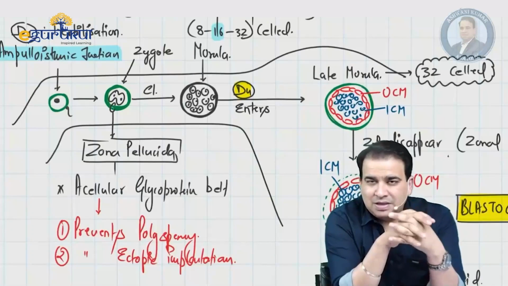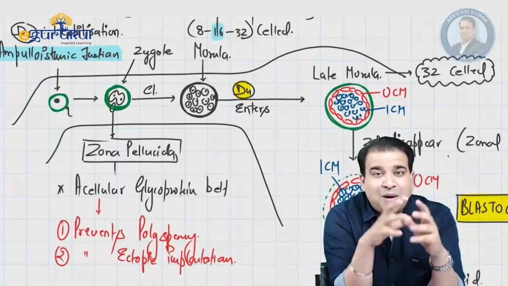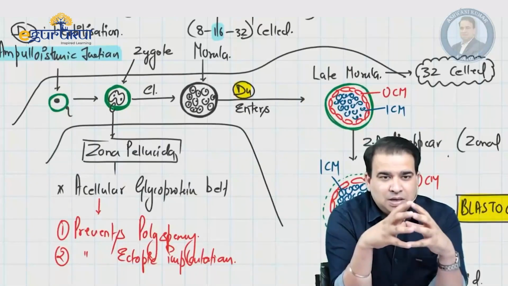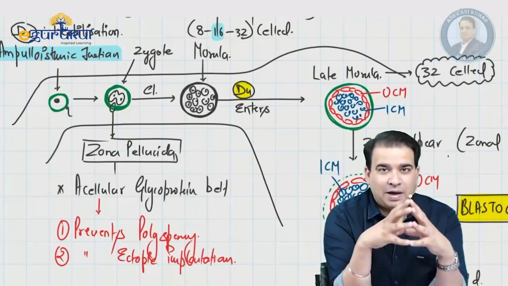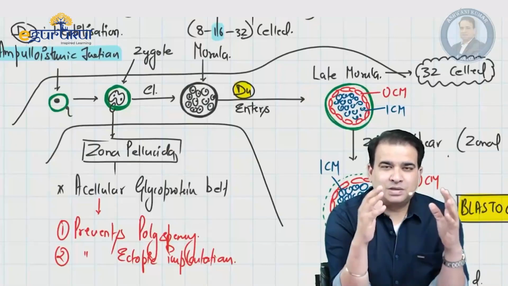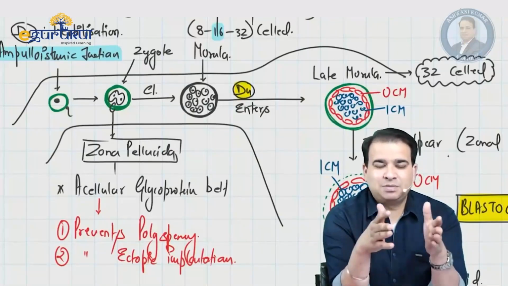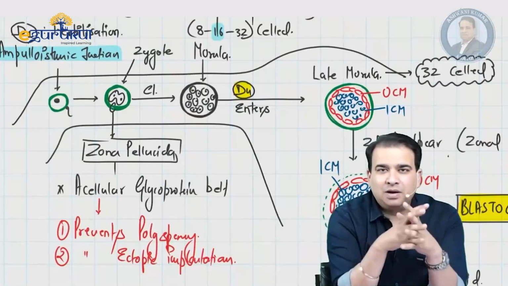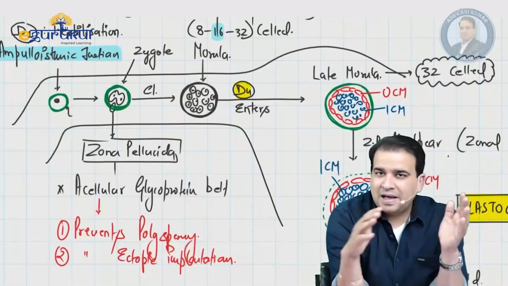So let's now begin with the second week of embryogenesis, which is all about the formation of the bilaminar germ disc. The embryology which I was talking about, which is like a story one step after another, will start from the second week. So whatever we discuss from the second week onwards, you have to be very focused about it, and this will build like a story for you.